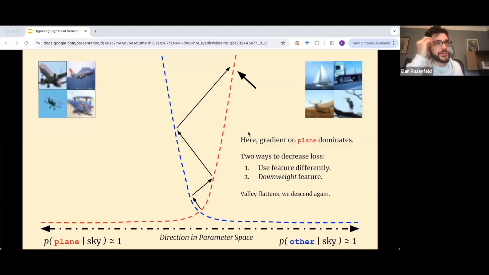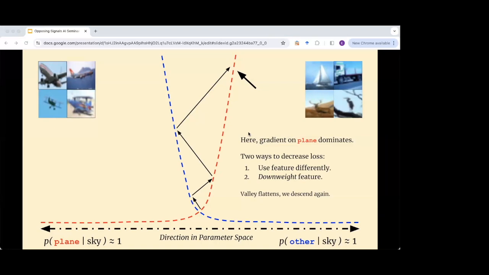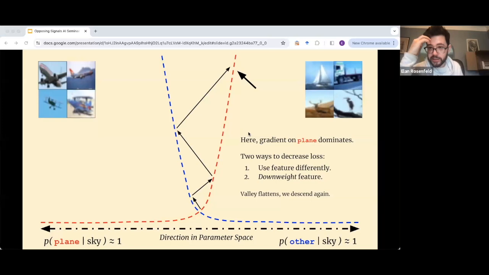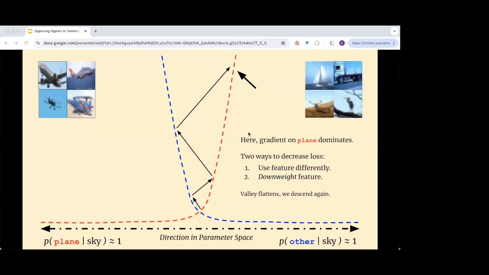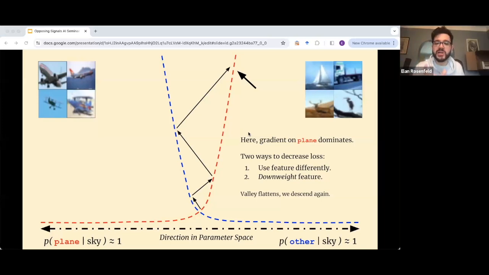I'm not sure I totally understood. So we're oscillating in this valley, and that is the up and down, yeah? Sure, but at some point, the whole network is sort of hovering at the sharpness of two over learning rate, right? Yeah. So my understanding would be that at some point we are not oscillating as much. Do I understand it correctly? Because we have to stabilize. So maybe we're not oscillating as much specifically in the sky feature.